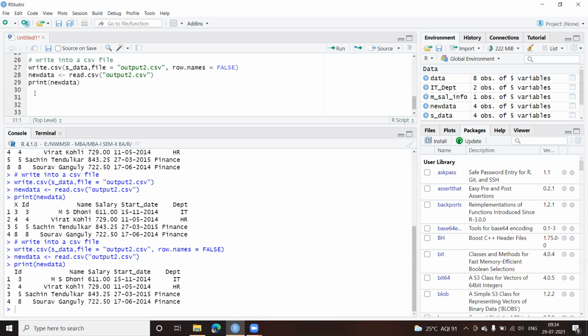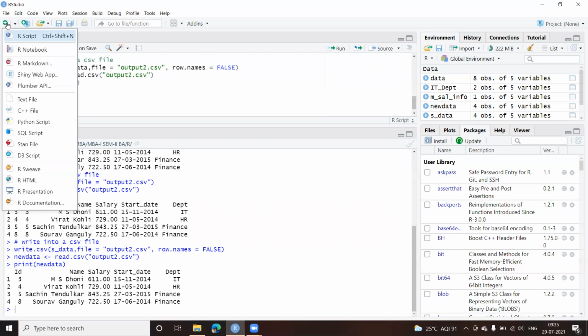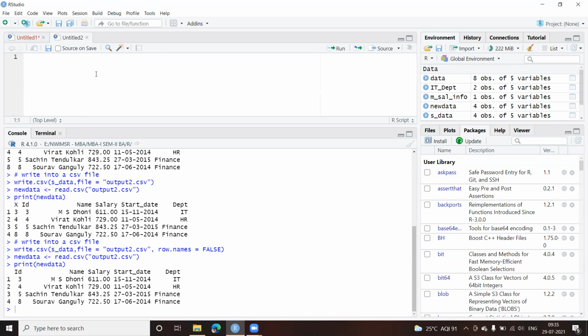Okay. Now let us go ahead and try to read Excel files. For Excel files, let us create another file first. I'll create another file. Now, first of all, I need to check whether I have got this Excel package installed.